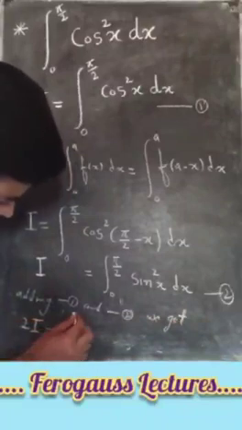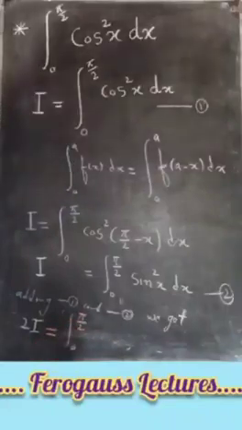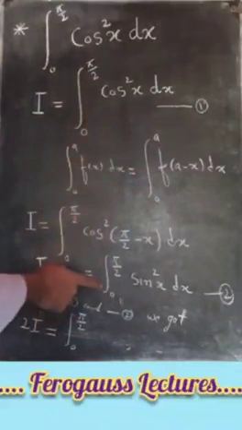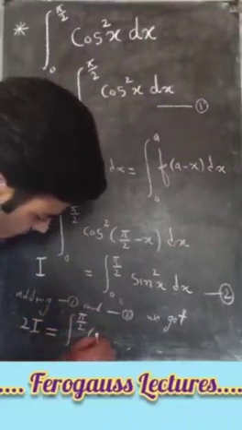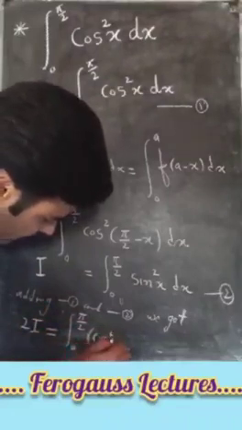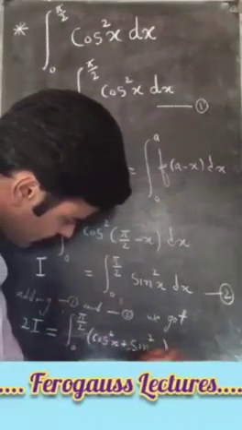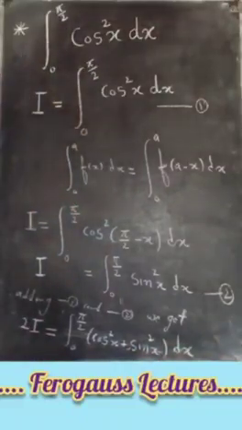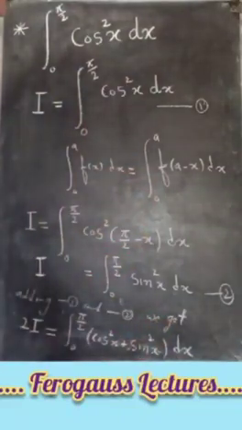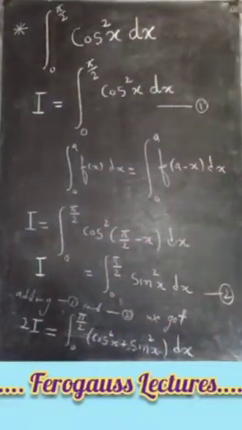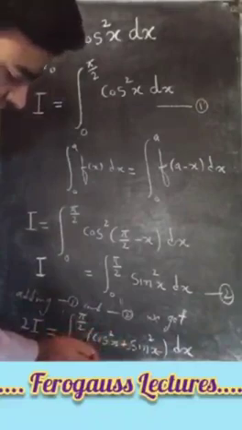2I is equal to integral 0 to pi by 2. Here it is integral 0 to pi by 2, here it is also integral 0 to pi by 2. So we can write integral 0 to pi by 2 cos square x plus sine square x dx. Okay, because we know that sum of integrals is equal to integral of sum. That is further equal to, sine square x plus cosine square x is equal to 1. So we get